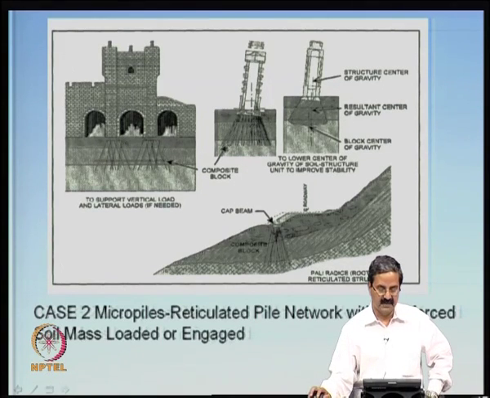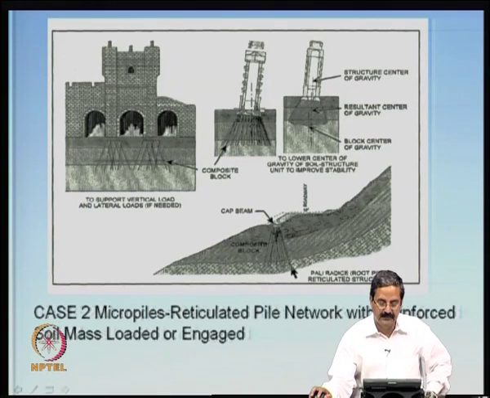What happens is that they create a composite block. For example, the center of gravity of the structure you can calculate, and the resultant things also you can calculate. The center of gravity of the soil structure unit is lowered to improve stability. This is another example, for a slope failure here, where you have a strong soil here, somewhat weak bedrock here, and then this typical soil. So one can have this sort of micropile here as well.